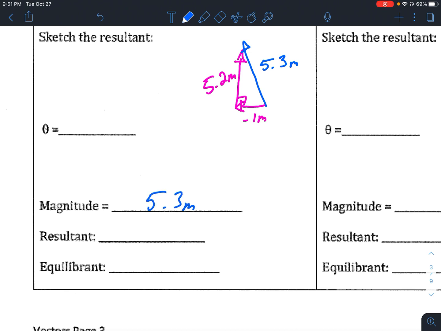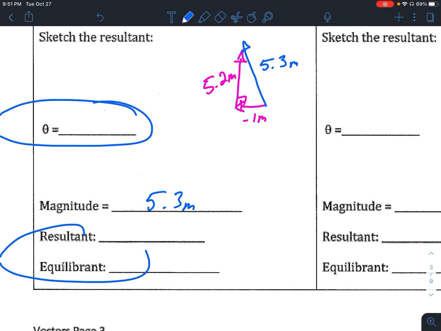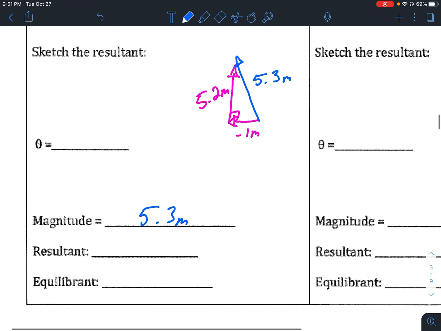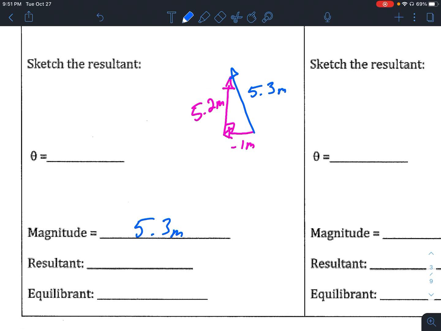And I apologize for the confusion of what this is and this is. We'll talk about that. I'm really flexible, as long as you show your work in a detailed manner, how the end result is, I'm kind of flexible in figuring things out. So now we need to figure out which way we're going. So if we're going to put our coordinate system in, say, right here, because that's where our resultant started,